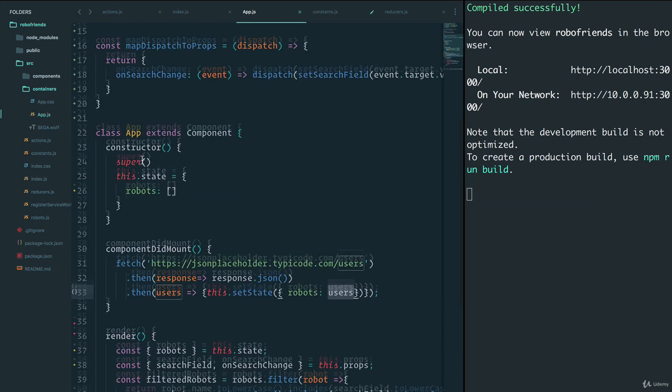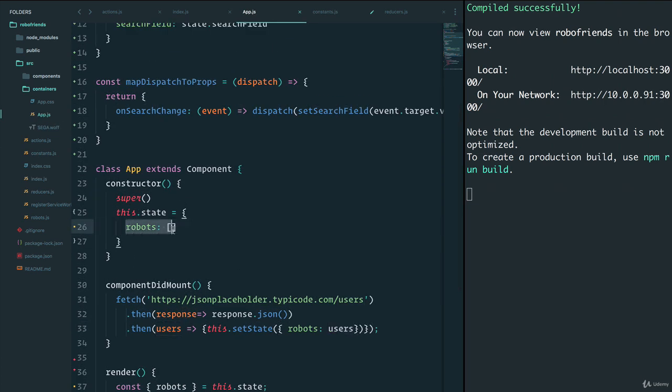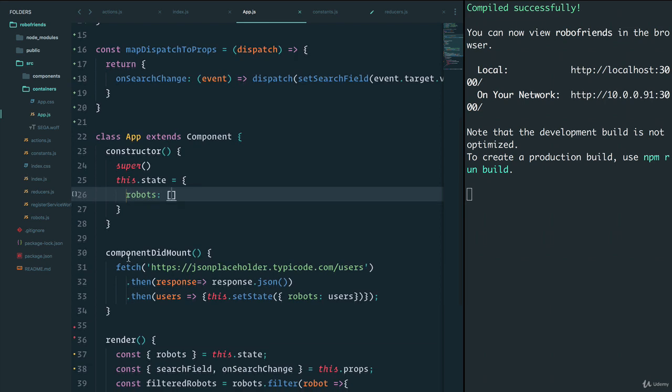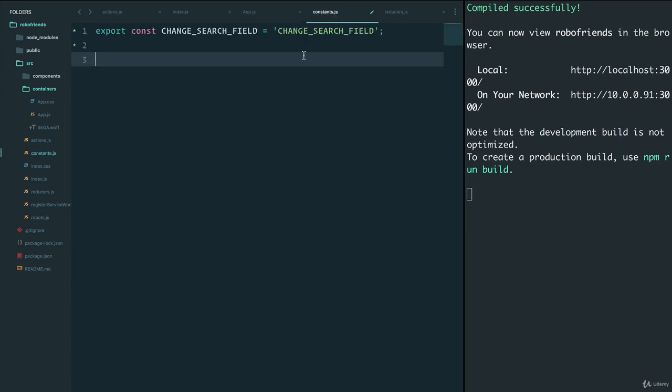Remember, in the app.js file, we have this robots array that gets populated after componentDidMount, after we do the fetch call. And we set state with the new users. So in the constant, we can do something similar to above. We can export const REQUEST_ROBOTS. Now, because this is going to be a promise, it's going to have